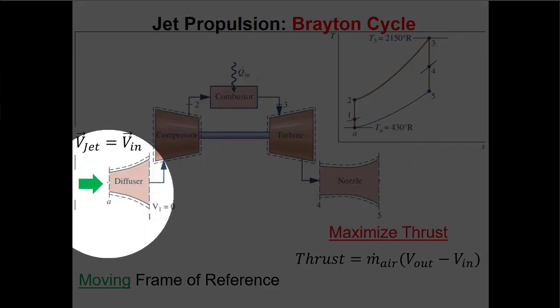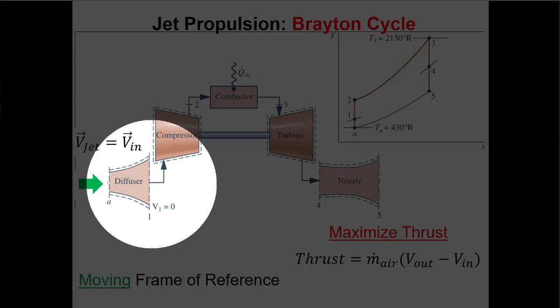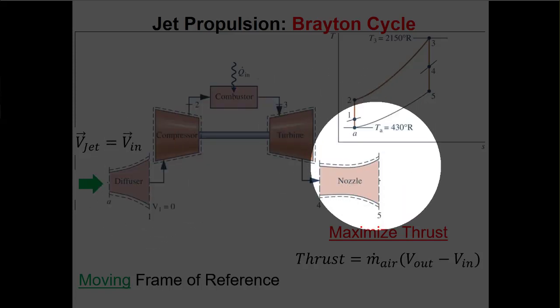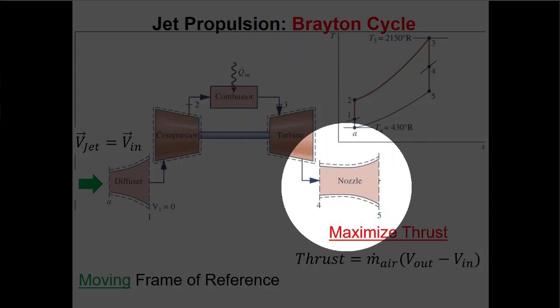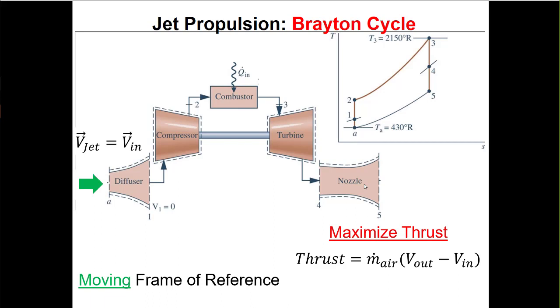So the inlet, which is not connected to the Brayton cycle in the middle, kinetic energy is important because we take the kinetic energy in and we're going to turn it into enthalpy. And kinetic energy is important at the end of the nozzle, which also doesn't touch the Brayton cycle that's in the middle. So you can neglect kinetic energy everywhere except the very inlet and the very outlet of the jet,